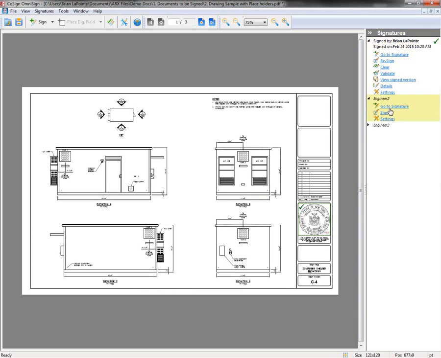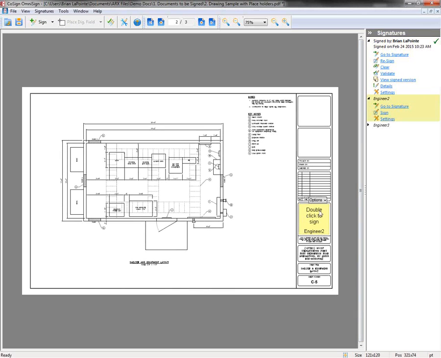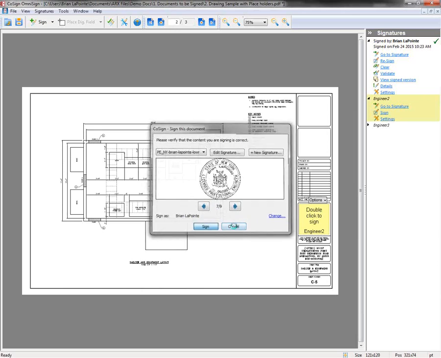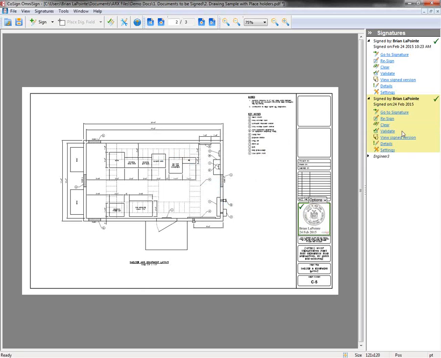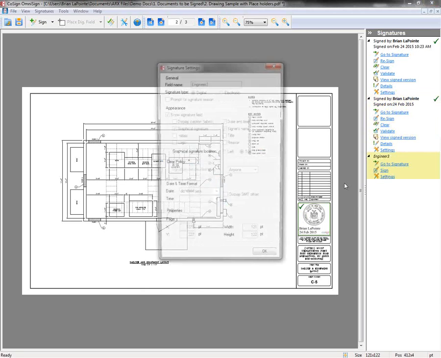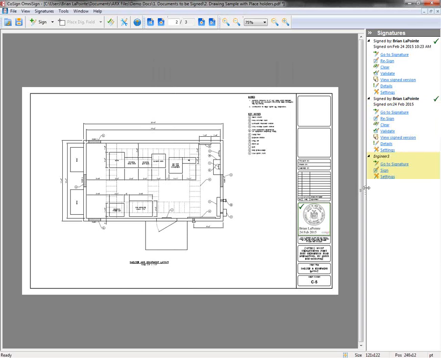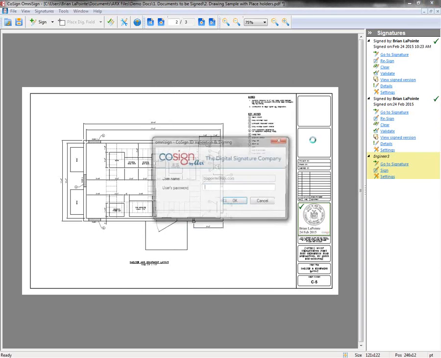I can skip to page 2 real quick and do the same thing again. Sign. Every time you apply a digital signature, as a best practice, this could be suppressed, but as a best practice, we display it this way. And then I'll click settings, I'll go sign, and sign one more time.